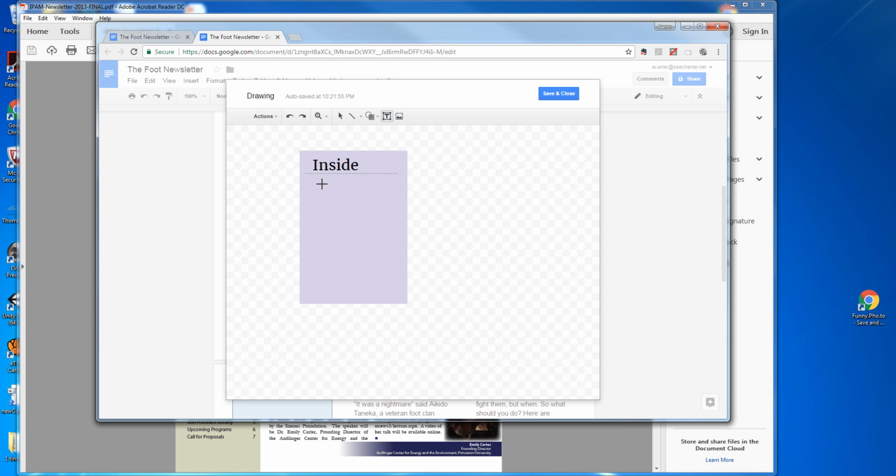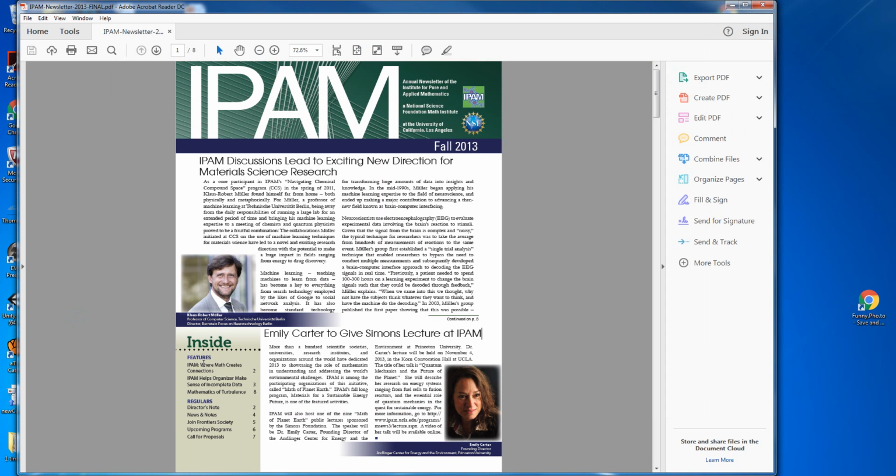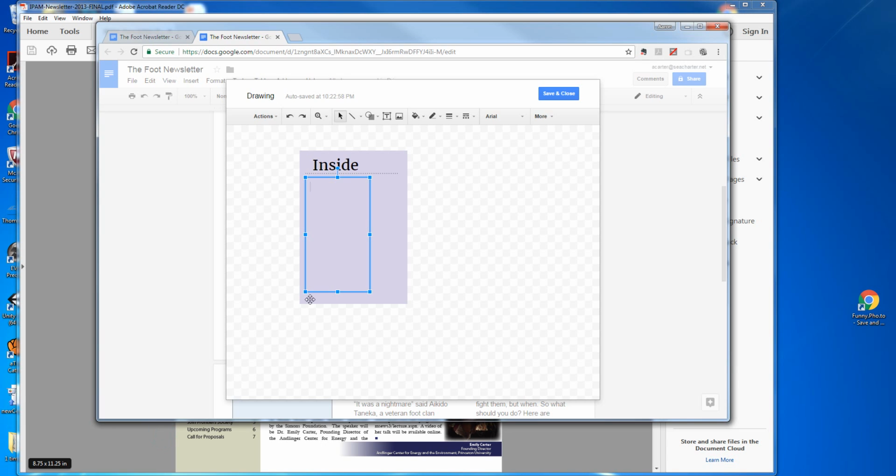Let's use another text box. Actually, okay, so you've got the names of the articles and then you've got the page numbers. Now you could try to be clever and put all this stuff inside one text box, but I think I'd rather have two text boxes. So I'll put the features. I think we're going to run out of room if we use a font that big. So let me shrink this down